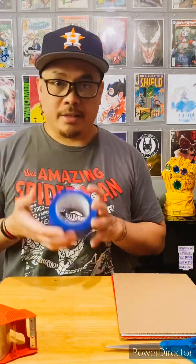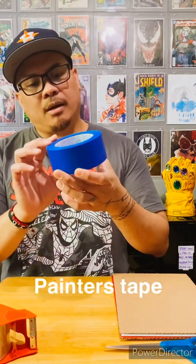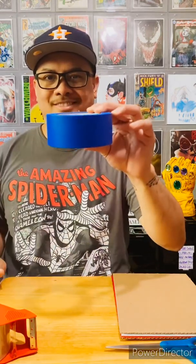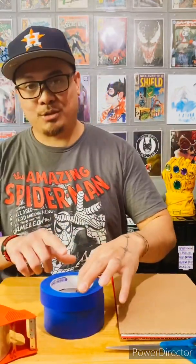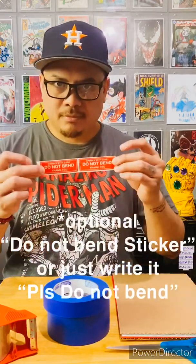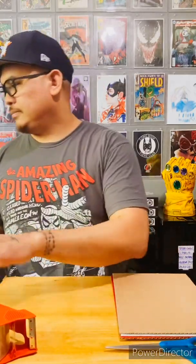Scissors if I need them. And then this one, I use this a lot. This is painter's tape. How wide is this? I can't remember, but it's the wide one. And then I use the thin one. All right, so I use those two. And then I always have some type of marking that says, do not bend on comic book. All right,